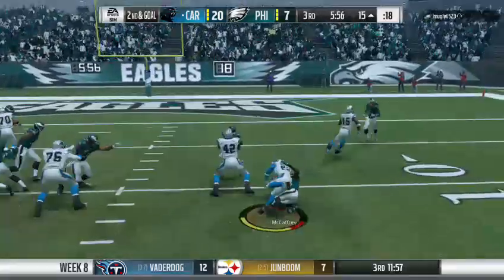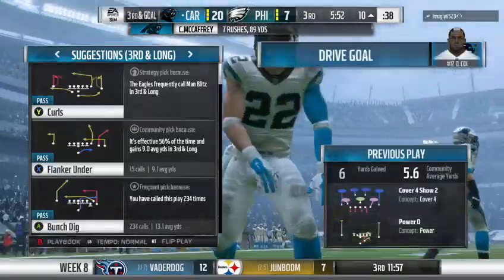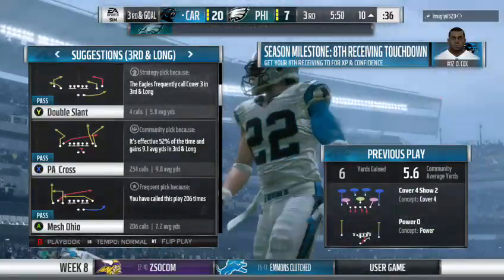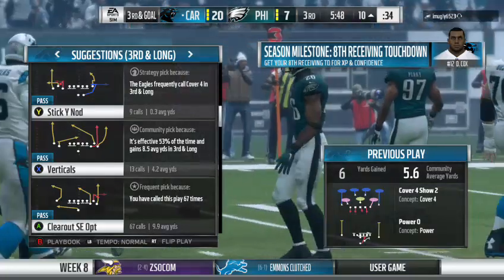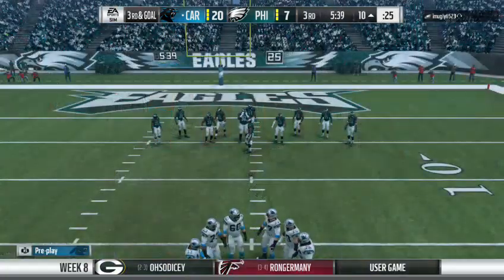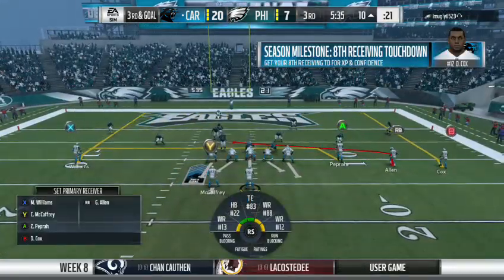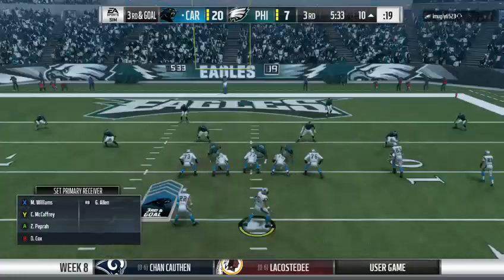This is McCaffrey on the give. And he's going to fight his way forward here for a modest gain. They do get 6, but they've still got some work to do on 3rd and goal. Third quarter and you've got the lead. You're not ready to go into that 4-minute offense to close the game out, but a running game can really benefit your team right now. Here we go,